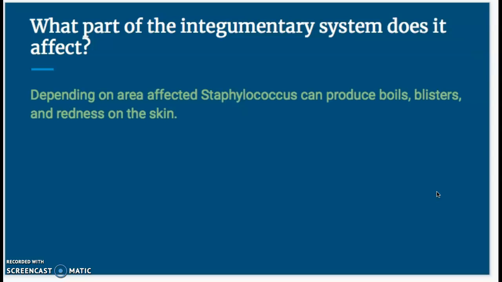What part of the integumentary system does it affect? Well, depending on the area of staphylococcus, it can produce boils, blisters, and redness to the skin. It affects the epidermis, the dermis,